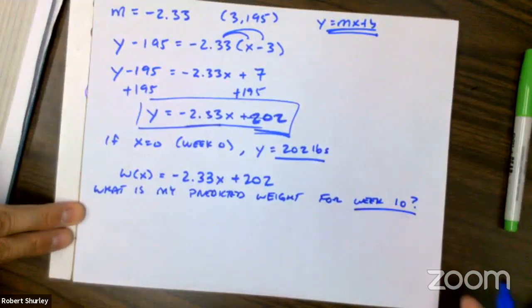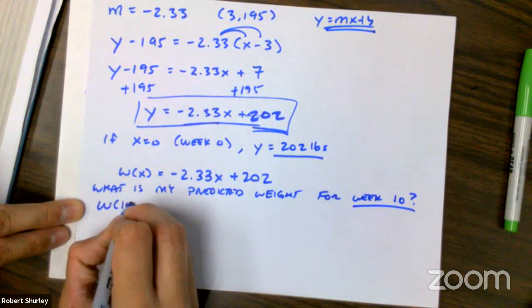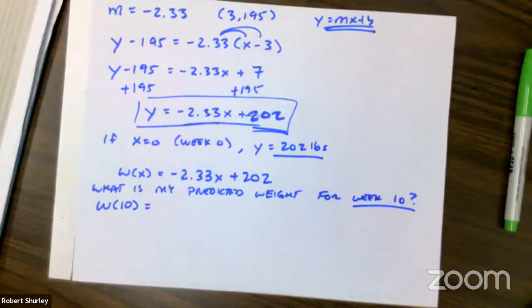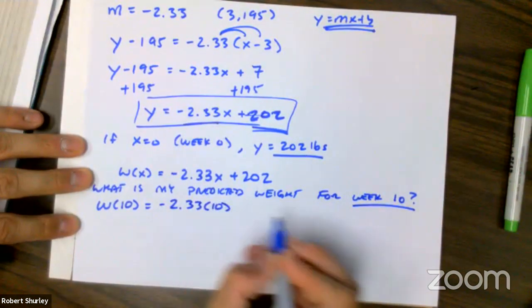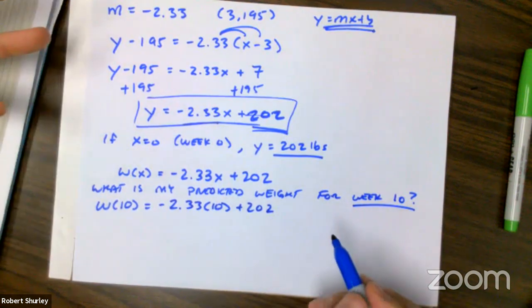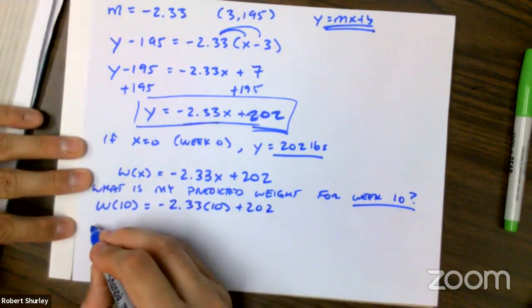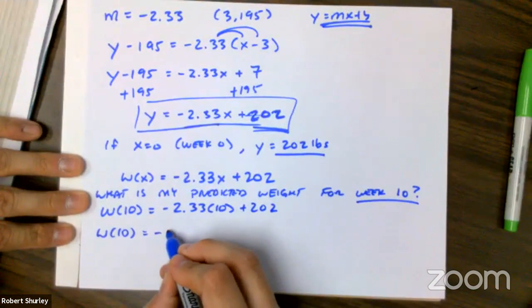Well, week 10 is an X value, right? So what we're really asking is W of 10. We want to know what's W of 10. So negative 2.33 times 10 plus 202. We just plug it in, and it's going to tell us the prediction. So W of 10 would be negative